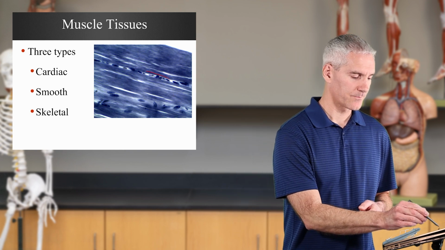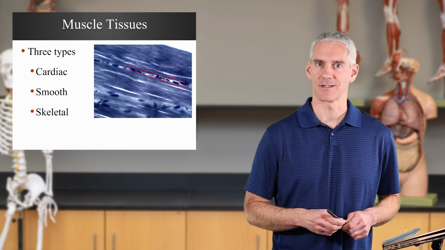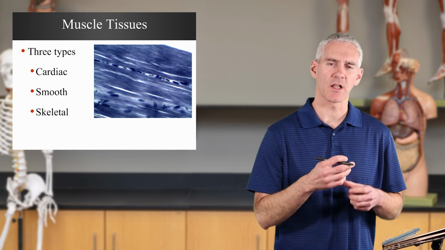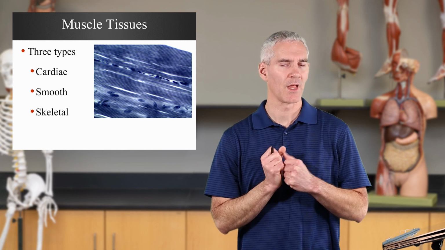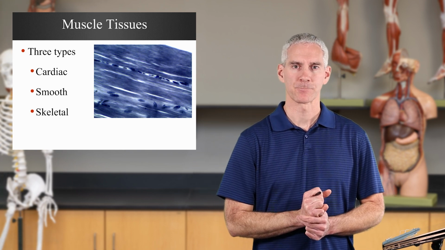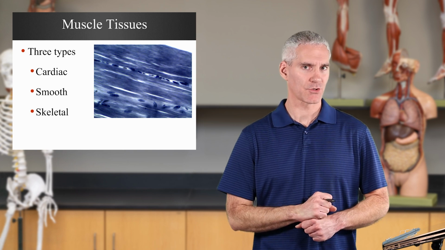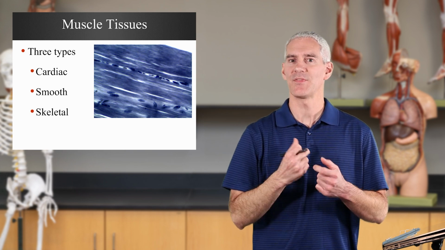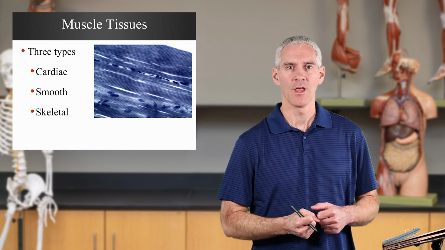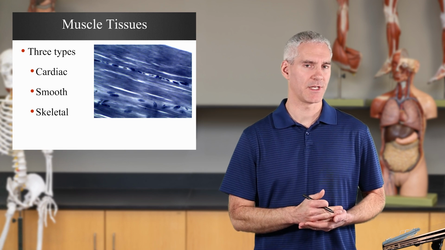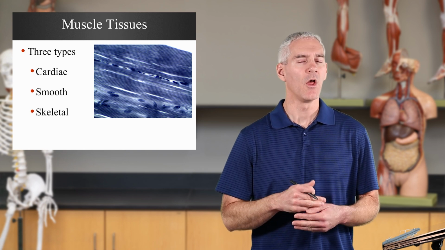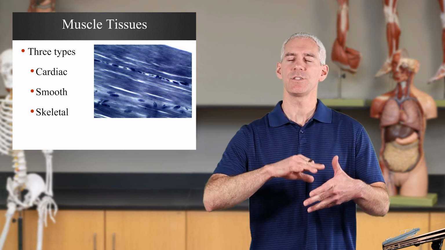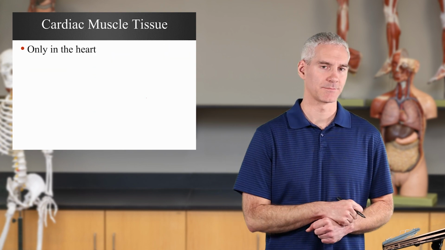Each one of these are all nuclei kind of shoved in the side there. That's because you have all the cells, as they grow, they kind of merge together, creating these long cylindrical cells that are multinucleate. We have voluntary control. You think about moving something, raise your hand, goes up. That's voluntary control. So 3 different types of muscle tissues we're thinking about. We're going to look a little more into the cardiac and smooth in this video quickly, but most of this unit is going to focus on the skeletal muscle.